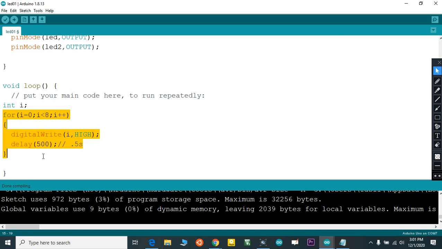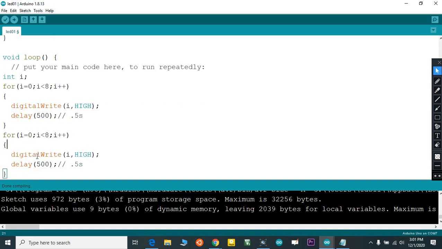Copy. I change this condition. Low. So can anyone explain what this is?